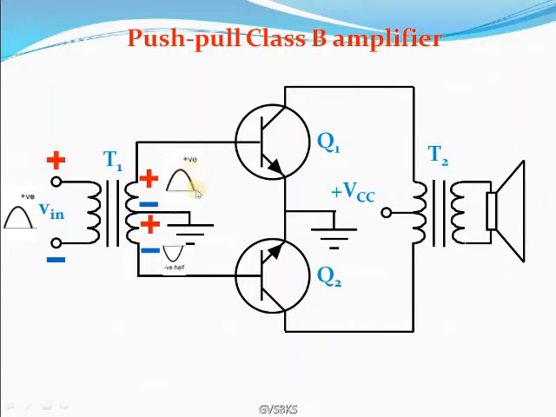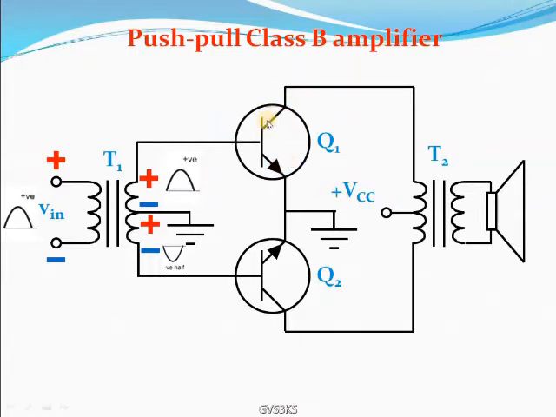Because of the positive half cycle produced at the upper side, this positive voltage is given to the Q1 transistor, therefore Q1 will be in the on position. As it is a negative half cycle at the other side, Q2 stops working; it will be in the cutoff region. Therefore only Q1 will be acting, and it will provide an output signal through the collector circuit.